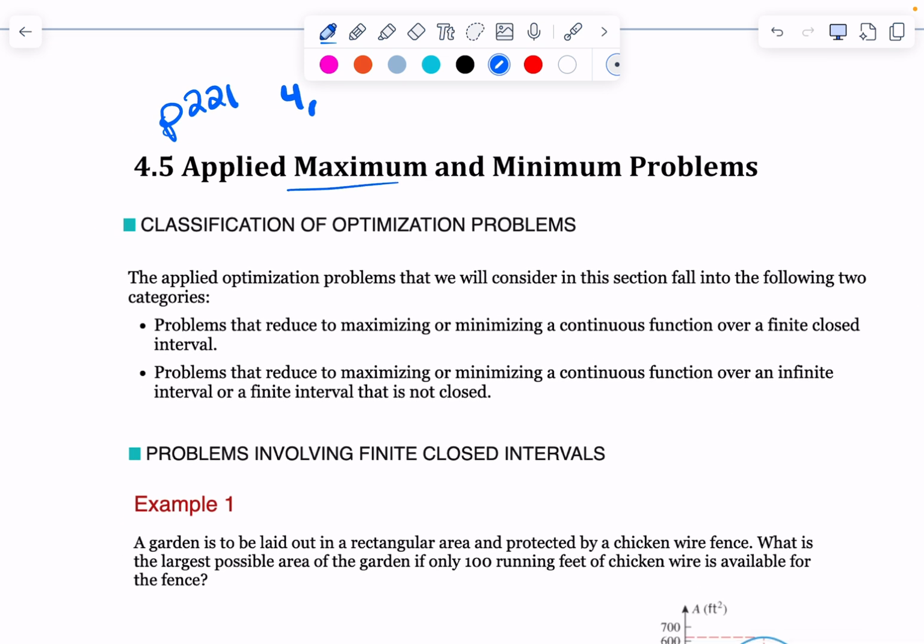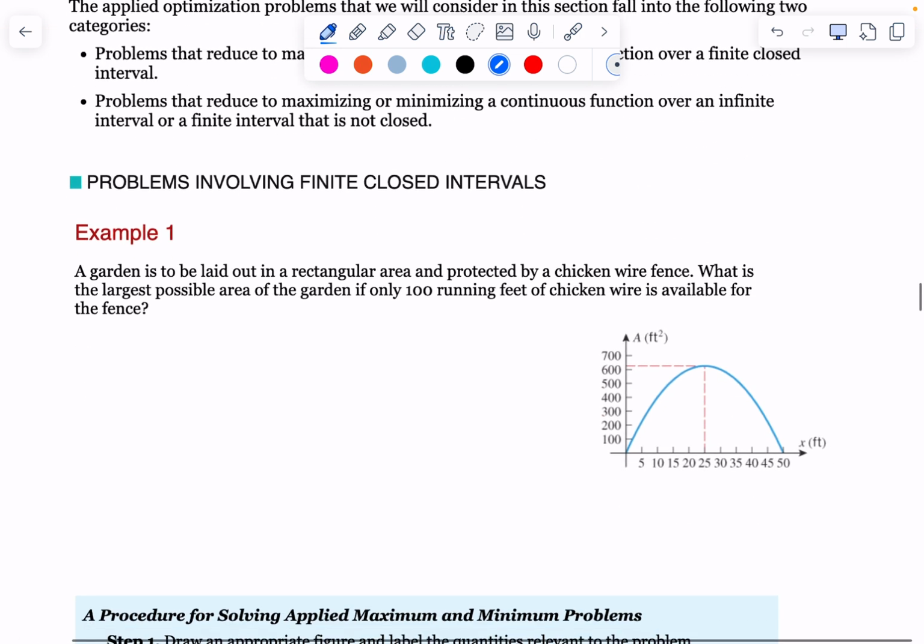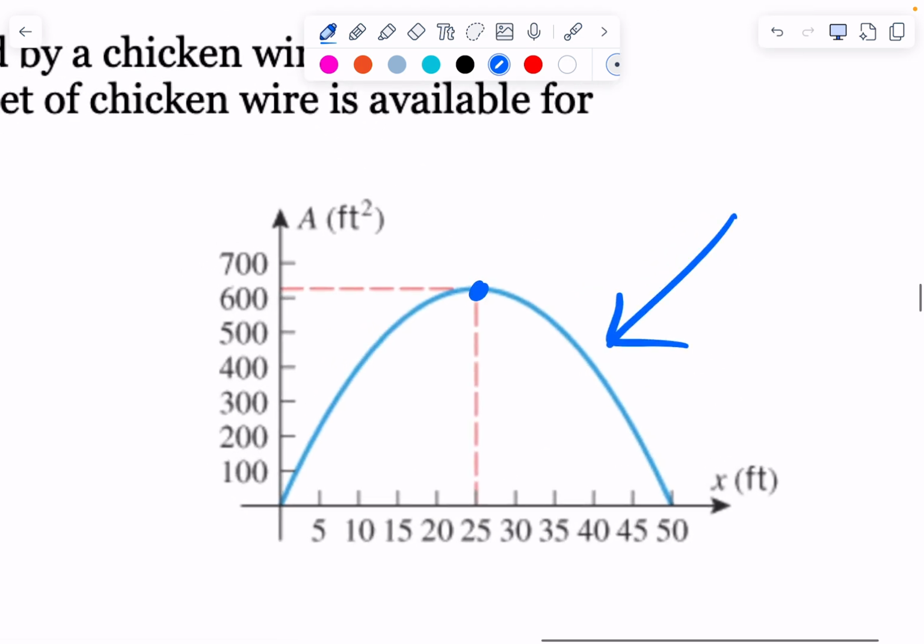So maxes and mins, they're gonna give us things that involve parabolas or cubic functions or whatever, and a lot of times they have to do with area and perimeter problems, right? And so they give me equations for area, perimeter. I combine them together in such a way, and then it will give me a parabola. And they're wanting me to find the maximum, right? Well, if we're just trying to find the maximum, we don't even have to have the graph, right? You won't have the graph. But if we're trying to find the maximum, we just find where the derivative is equal to 0, right? And that'll give me the maximum point, whatever, right? Okay, so,